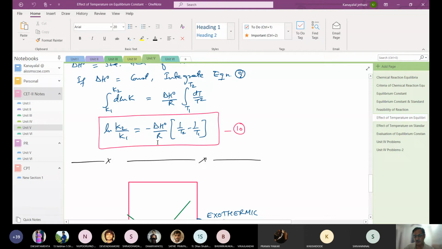पूरी पॉजिटिव कैसे आएगी? ये माइनस है, राइट? हाँ, ये माइनस है। T2 क्या है? T2 है 500। 1/T2 कितना आएगा? छोटा वैल्यू आएगा। हाँ, T1 इज हाउ मच? T1 298, तो उसका बड़ा आएगा। हाँ, तो छोटे से बड़ा घटाएगा तो माइनस आएगा, और वो माइनस-माइनस कैंसिल हो जाएगा।